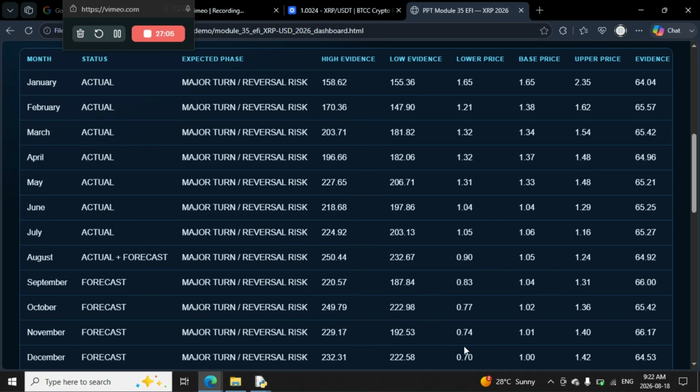So what this is telling us, our thesis in this work, is that November and December are producing a low forecast for this year, and it's possible we stay around the 70 cents to $1 period, and we could spring as high as $1.42 once this reversal risk of the 70 cents or 74 cents changes. So that's our forecast, and that's how we come to that with our programs.